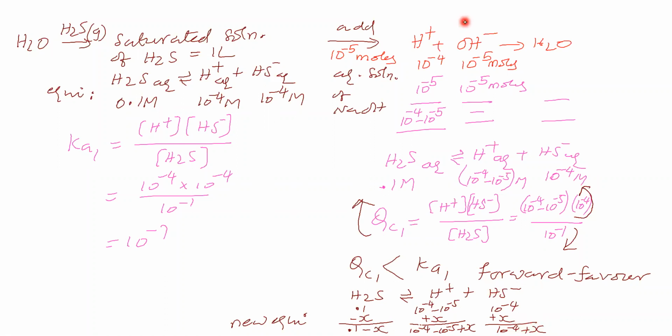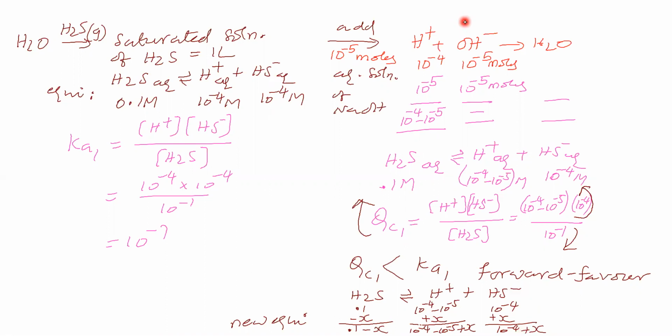Compare these two values. Whether the values are different or not, you see. If they are different, think about what is making the values different. Now see, the concentration of HS minus here is 10 power minus 4, whereas here the concentration of HS minus is 10 power minus 4 plus x. So the HS minus concentration here and here is different. Due to what?